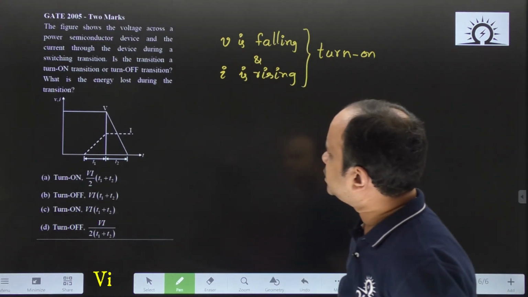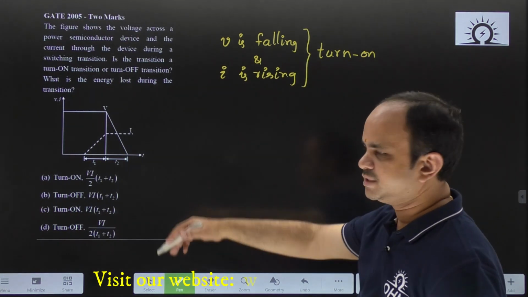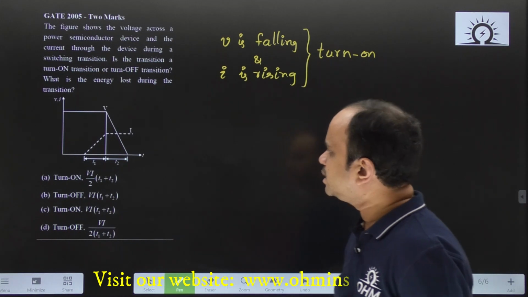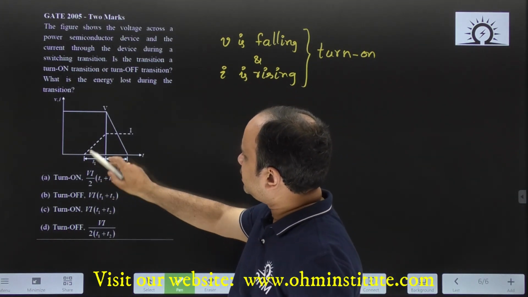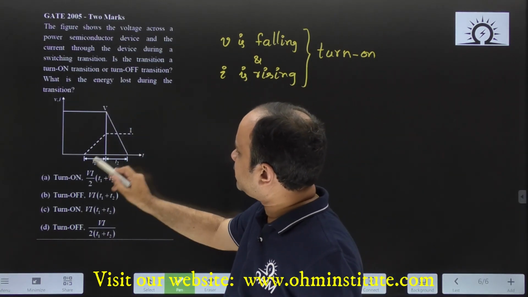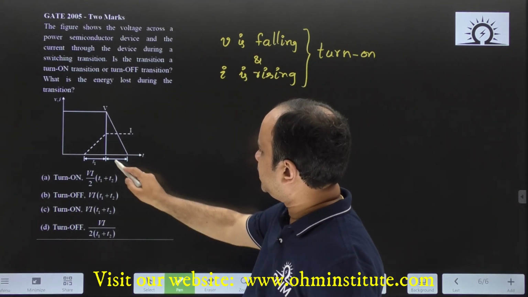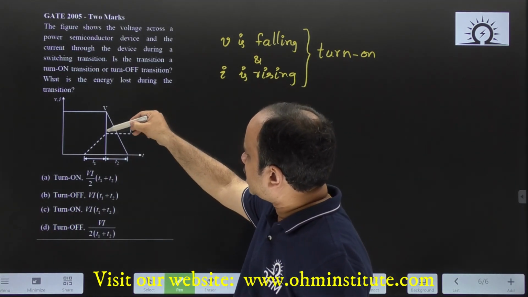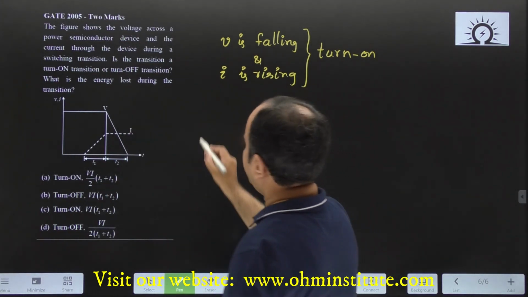Now, what is the energy lost during this transition? So, as in the previous question, here also the energy loss can be calculated as follows: during the T1 interval voltage is constant, therefore, voltage multiplied with the area of this current triangle. Similarly, during the T2 interval current is constant and voltage is varying. Therefore, energy loss